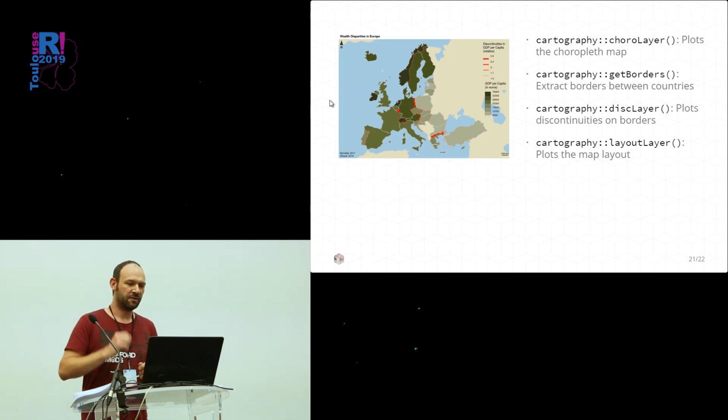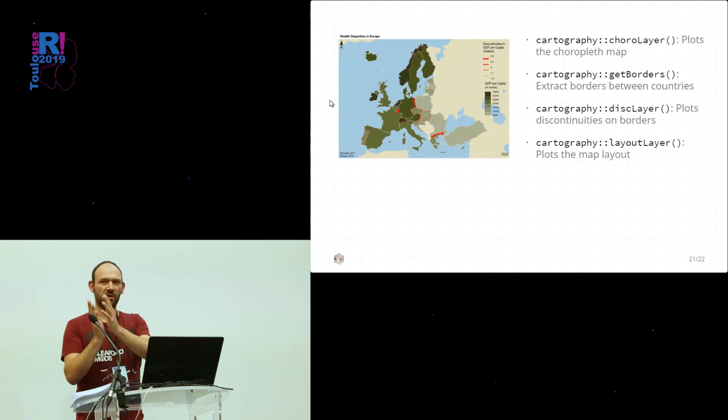And then we have a discLayer function that just computes the differences between the borders and plots it in proportional lines along the borders.